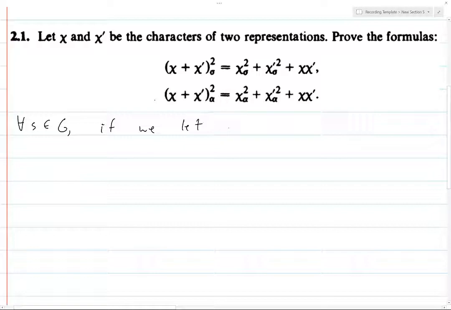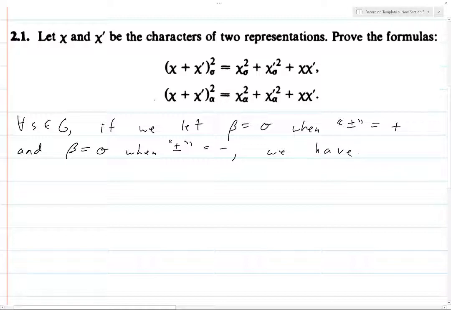If we let beta equal sigma when this plus minus corresponds to plus, and beta equal alpha when this plus minus is actually minus, we have chi plus chi prime squared beta of s equals 1/2 of chi of s plus chi prime of s squared plus or minus